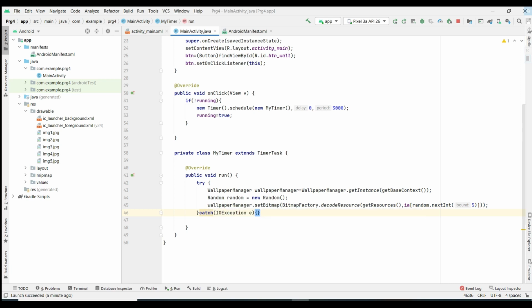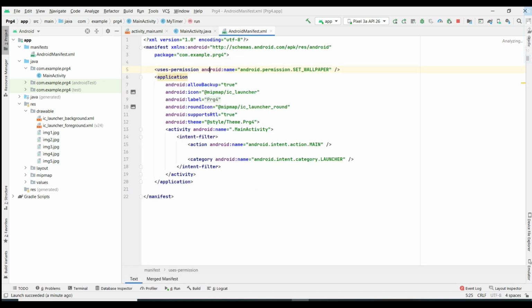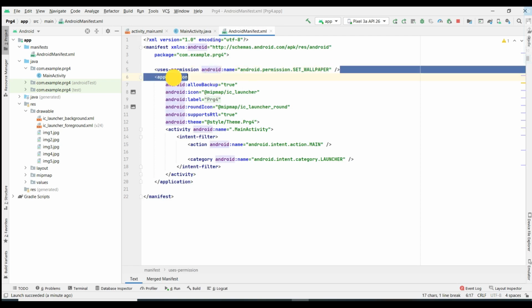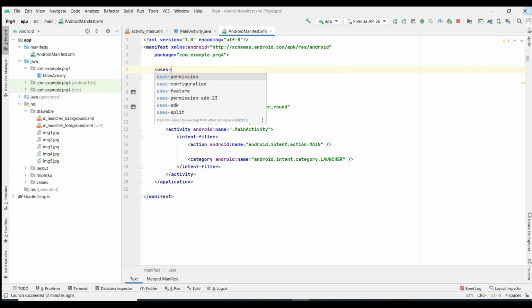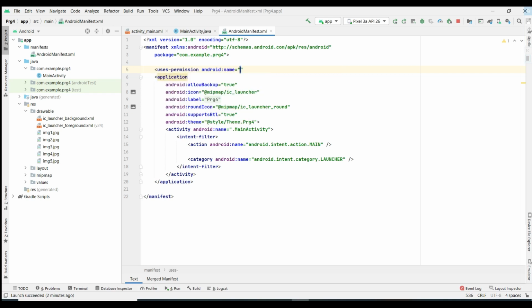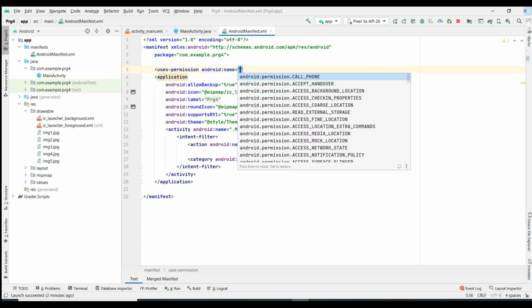So you can click here, and you get the show context actions option, and automatically it suggests setting the permission. If you didn't get that option, you can type this one also. So I will show how to. I open this angle bracket, type uses-permission. Here automatically it is going to give android.permission along with it.